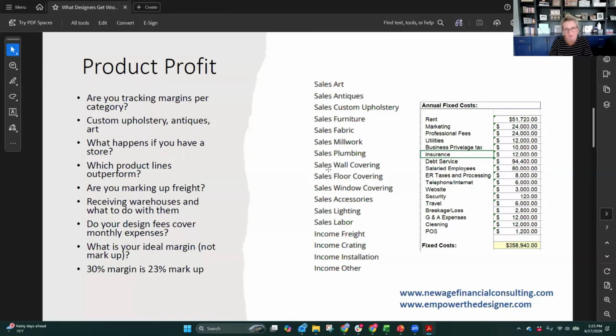a plethora of data to your heart's desire, with lots and lots of filters and ways of looking at the data. So remember, I would encourage you to start by looking at profit by project. Profit by project. I almost said product. So understanding, did Mr. and Mrs. Smith, wow, did I do really well there? What was their budget? How did I make out on these particular line items?